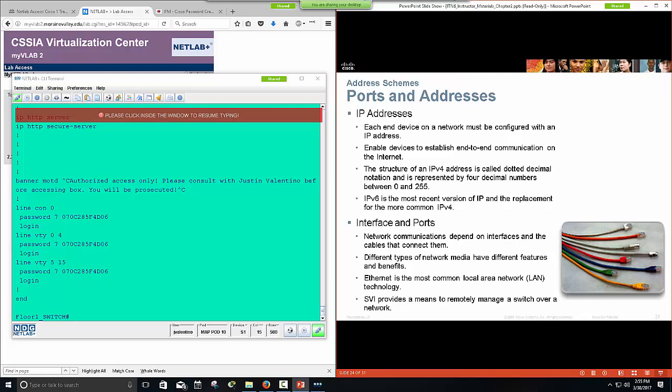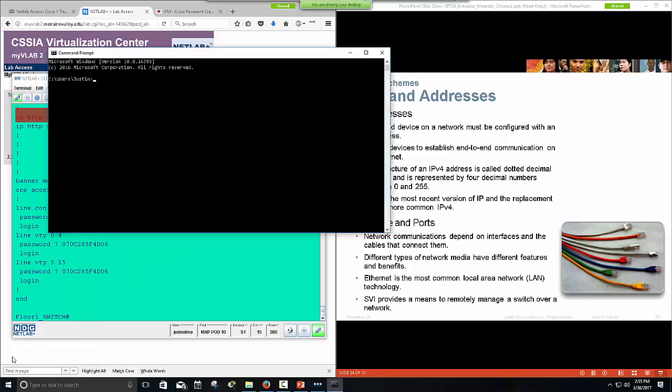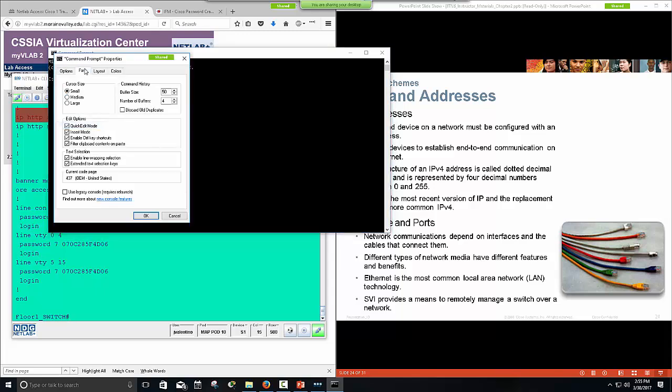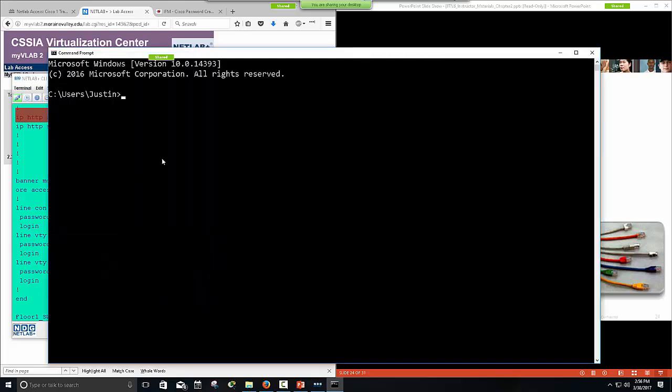No, we want to actually work remotely and easily connect to these devices. So in order to talk on a network, devices need an IP address, a subnet mask, a default gateway. And on your local machine, if you opened a command prompt, which is just start CMD, and you get a command prompt, you can actually just type ipconfig. So you type ipconfig,